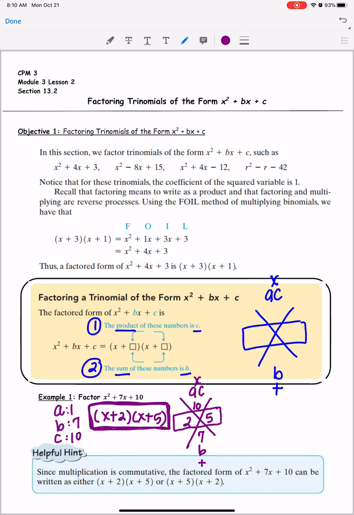So that is my final answer. And this is the only one I'm going to do this with, but you can check all of your answers. If I come over here and FOIL these,